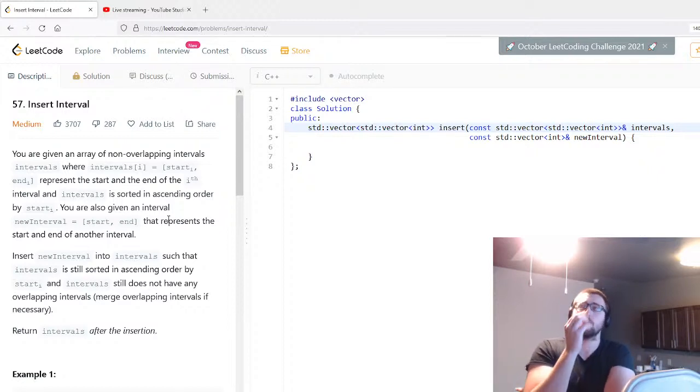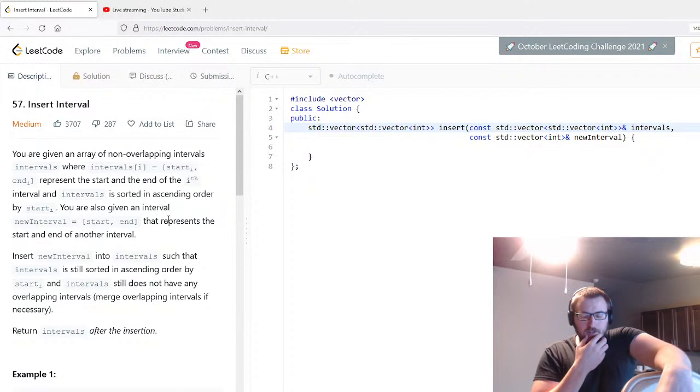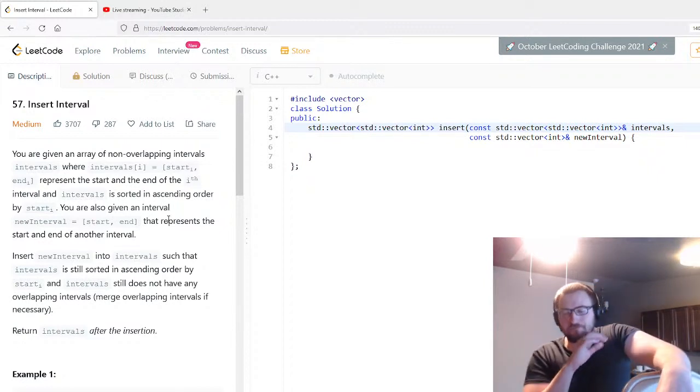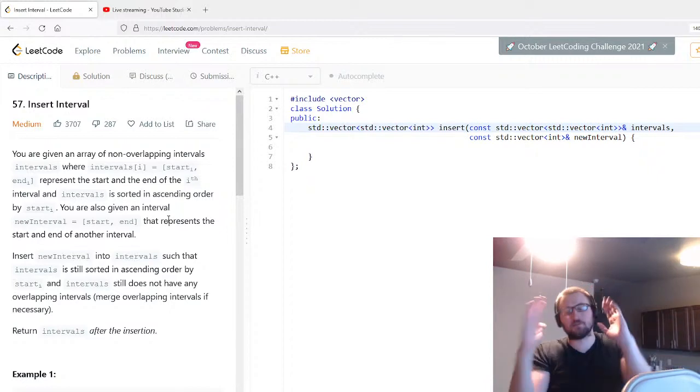So no, we do want the upper bound then. We want the upper bound, and it's going to be the upper bound using the starting points. Upper bound on starting points is the first starting point that's larger than your end point. That's going to be the right side. So everything to the right you're not going to touch, including that one. And on the other side, you want your ending points to be smaller than your starting point. So the first ending point that's smaller than your starting point marks the left side. Everything including the left of that, you don't include in your interval. And everything in between,